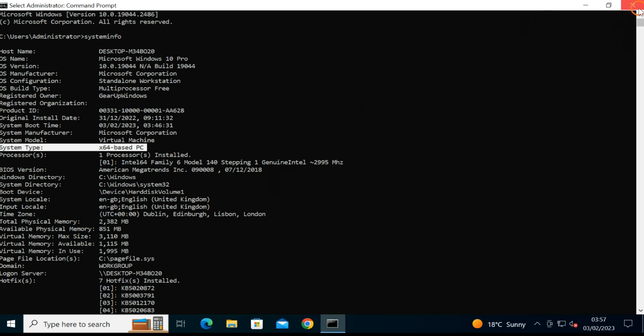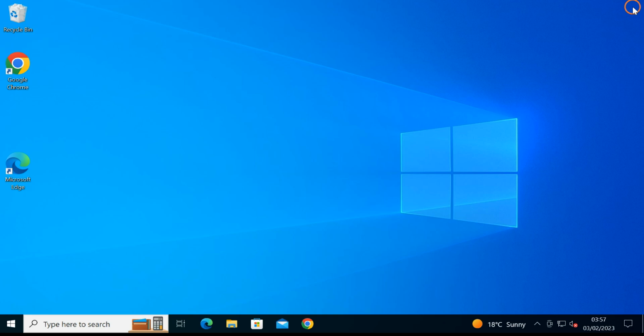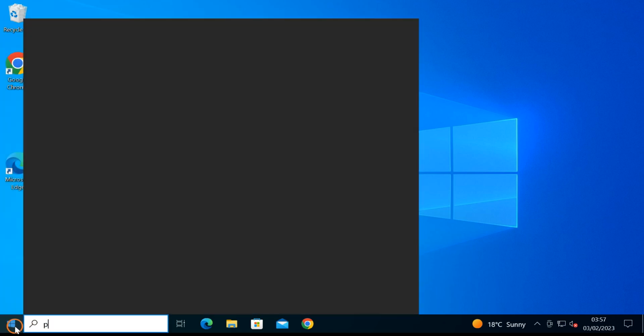Next one is through PowerShell. You can use the same command on PowerShell to find if your Windows 10 runs 32-bit or 64-bit operating system. For that, click on the start button, type PowerShell.